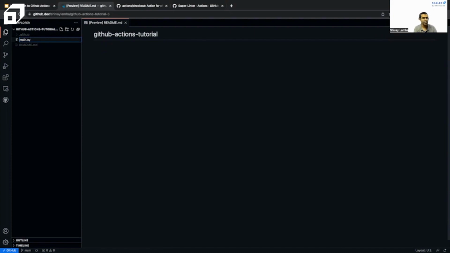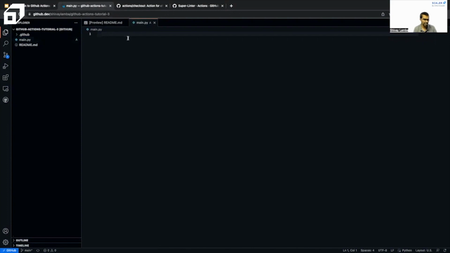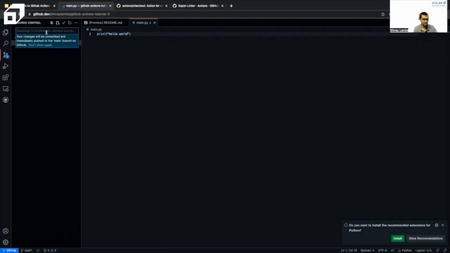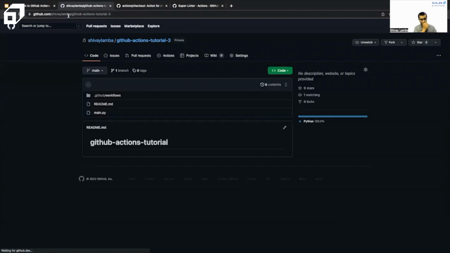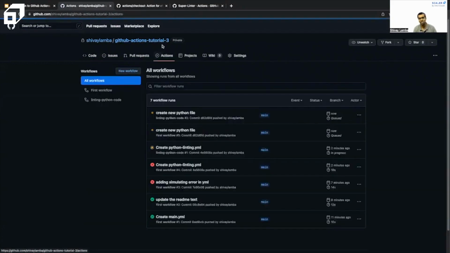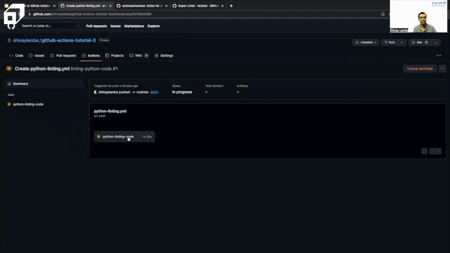main.py. And for now, we'll just have a simple print statement, and we'll say print hello world. We'll go ahead and commit this change, create new Python file, and create this. And we'll go back to github.com and check what happens within the actions. So right now, we can see that we have a particular action that is still running for this